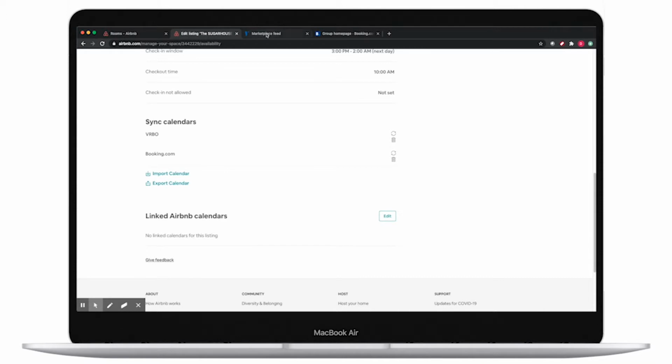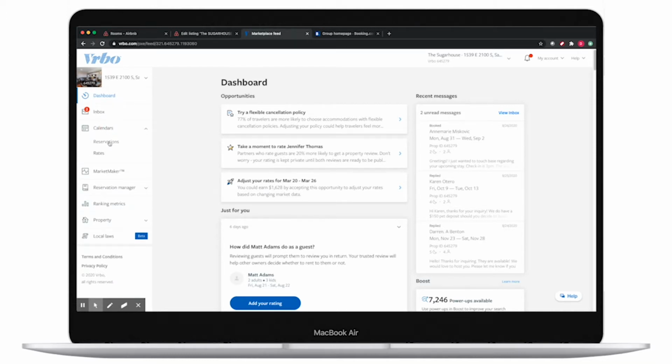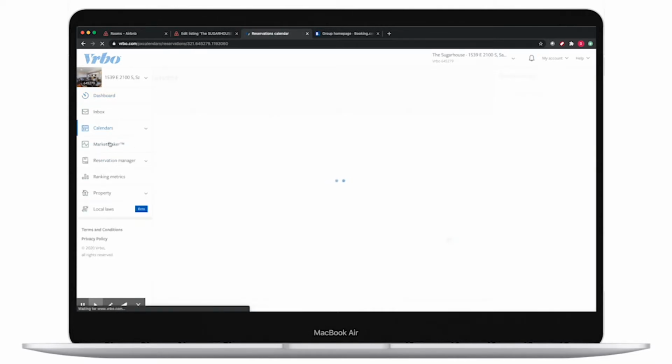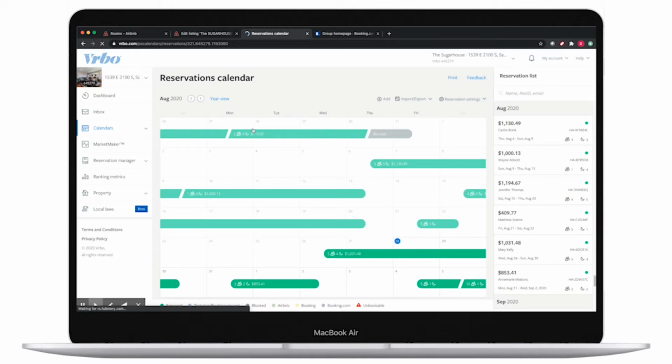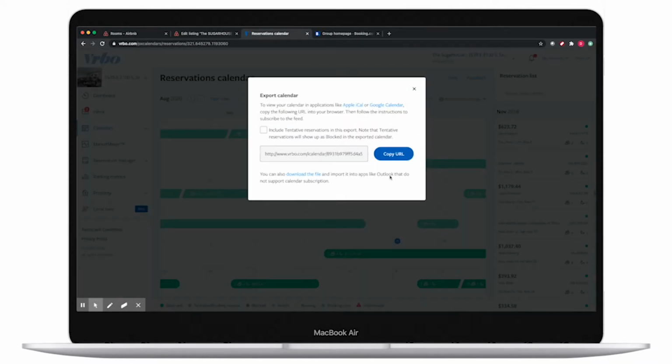So now I'm going to go over to Vrbo and open that same listing. So here's my Vrbo dashboard. I'm going to go to calendars, and on that drop down, pick reservations. And now what I'm going to do is export this calendar into Airbnb. So at the top of the reservations calendar, there's a tab to the right that says import export. We're going to click export calendar. It gives me the URL of the calendar, and I'm going to click copy URL and then go back to